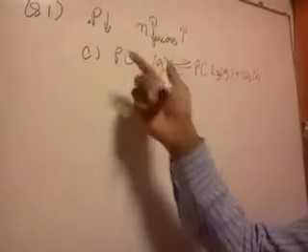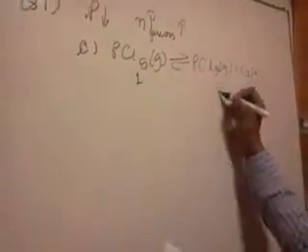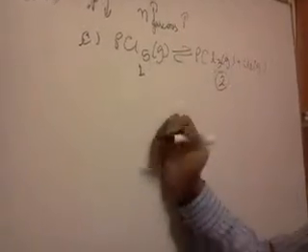Since I can see the total number of gaseous moles on the reactant side is 1 and on the product side it's 2, lowering the pressure will shift the reaction in the forward direction.